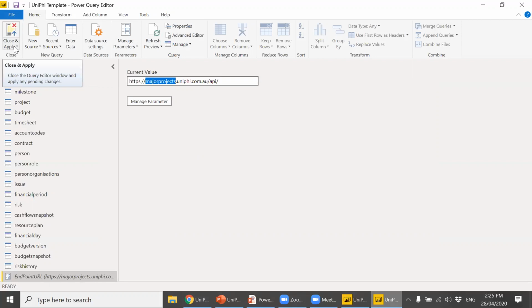That will take a little bit of time, because in this screen, it's only going to do a preview. It does the first 1,000 records. When you click close and apply, it's going to create all the data into those tables. So I'm not going to do that for this demonstration, but when you click close and apply, this